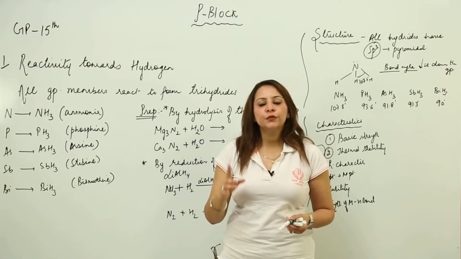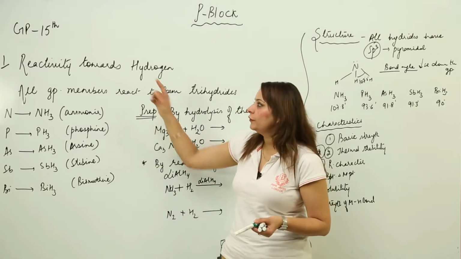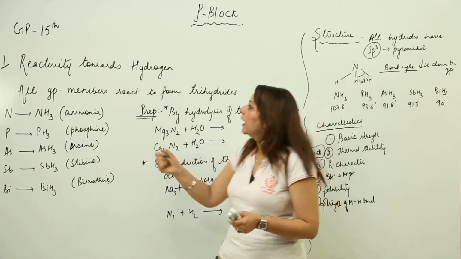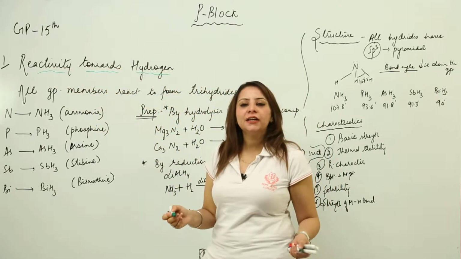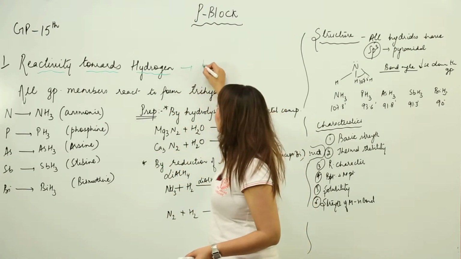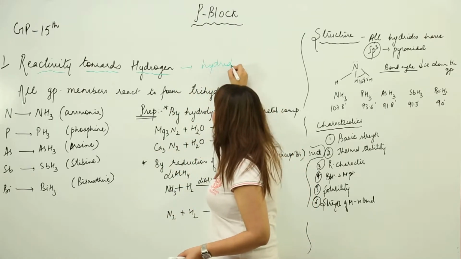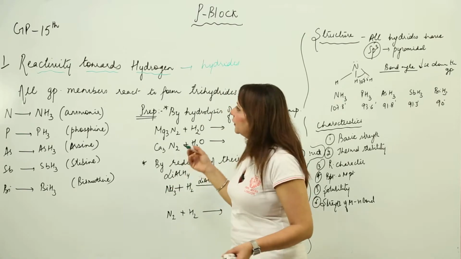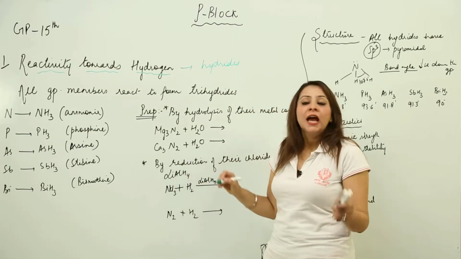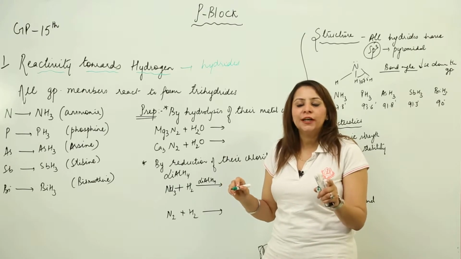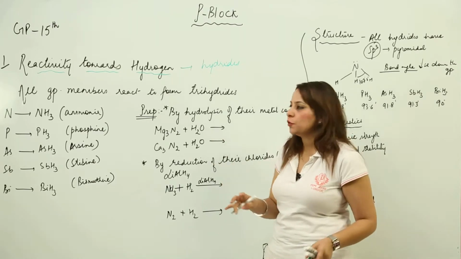Now we are starting with the first chemical property of group 15, that is reaction towards hydrogen. Whenever anything reacts with hydrogen, it forms its respective hydrides, right. Likewise, the group 15 elements also react with hydrogen and form their respective hydrides. And if we talk about the valency, like what kind of oxidation state they share with the hydrogen, they